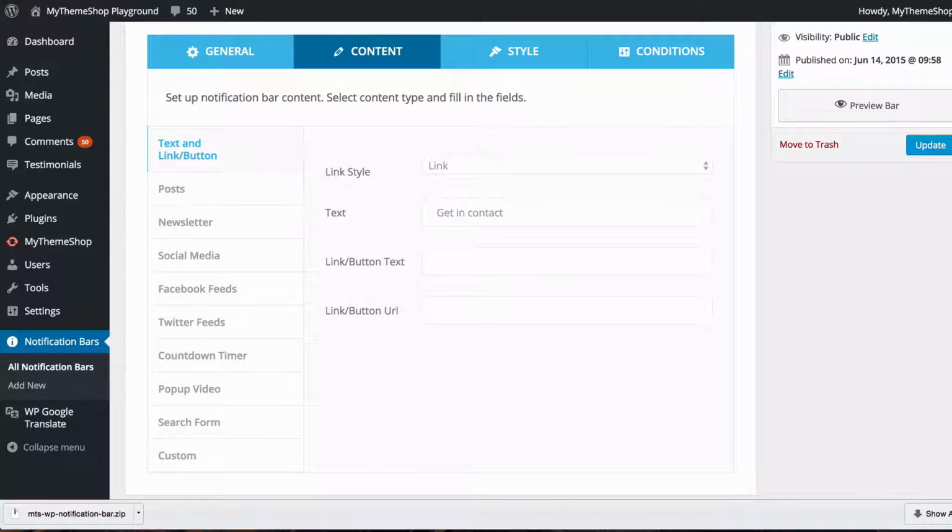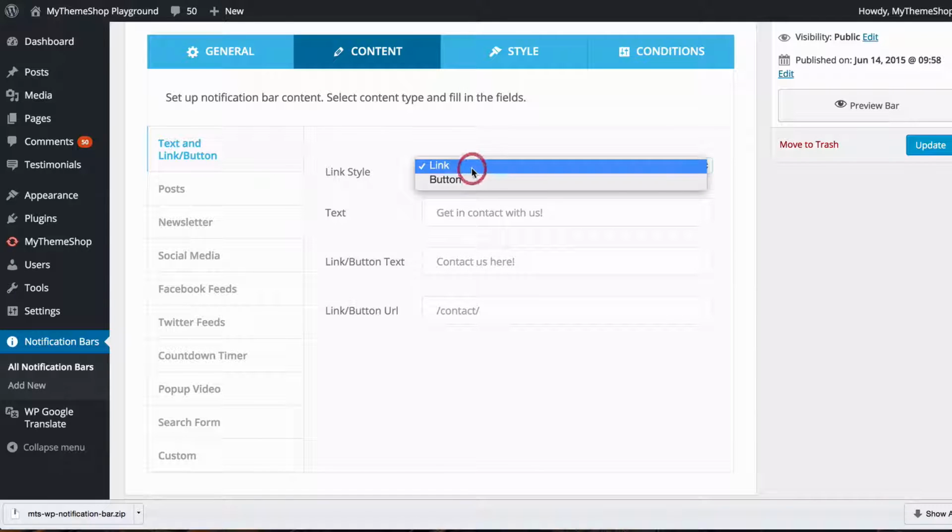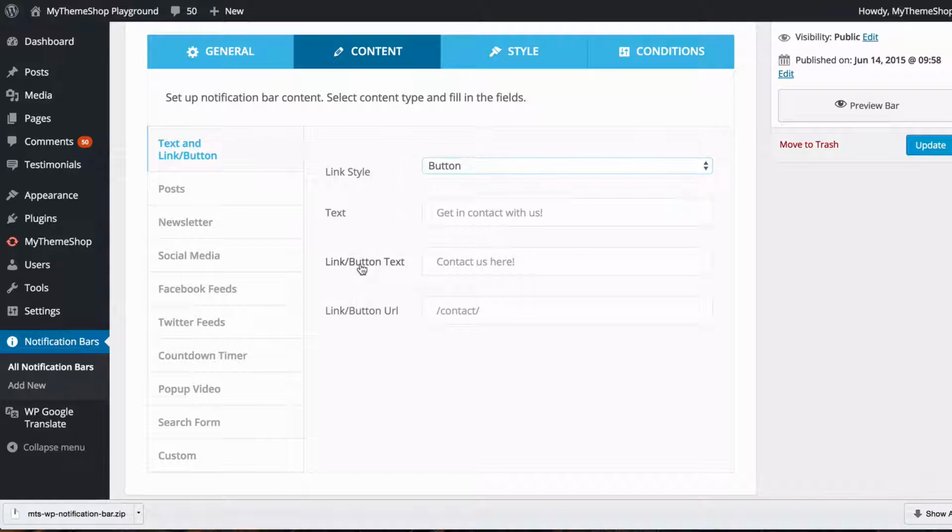So we might have some text which says "get in contact with us", and then a link button, and then our link text might say "contact us here", and then the URL might go to just our website /contact. And you can see there you've got the option to choose between whether this is a button or just a